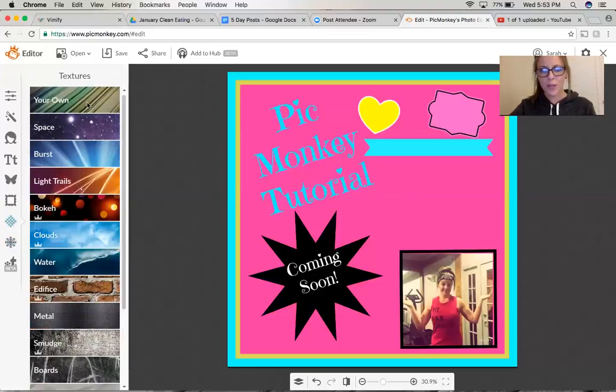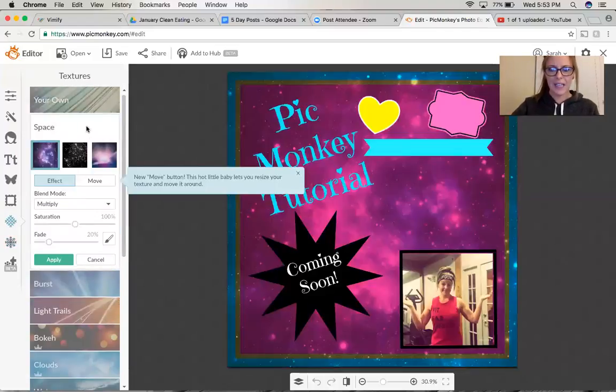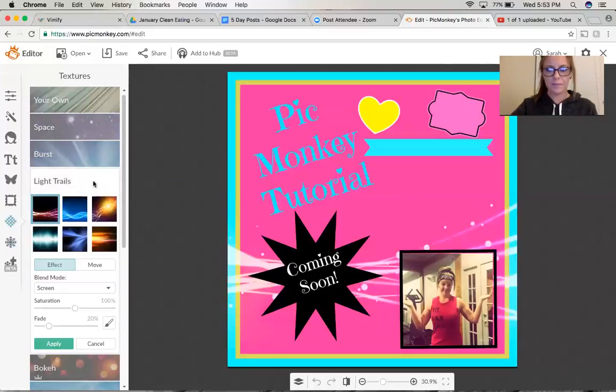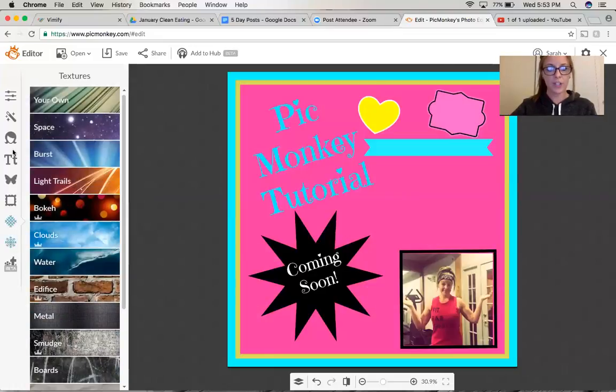Textures, I don't really do too much with textures because they really shape your photo here, but if this is something that you wanted, just know that it is all here. So as you can see, there's really a lot that you can do. What I'm going to do now is